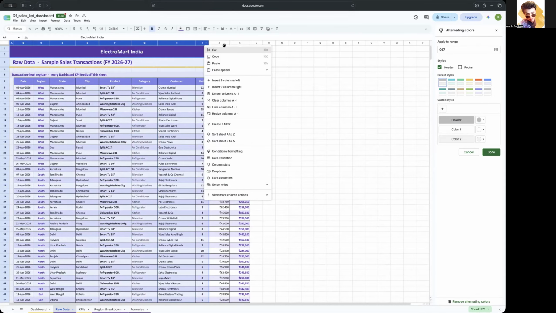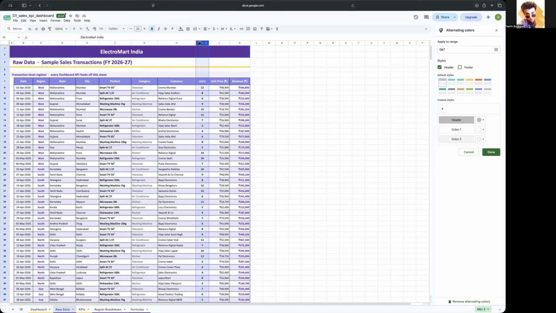Moving on to units. I'm sorry, the units represent the quantity sold in a transaction. Unit price represents the selling price per individual unit. As you can see, the Smart TV selling price is around 48,900, and 12 units are sold. So 12 units are given to Chroma Mumbai, and the revenue would be